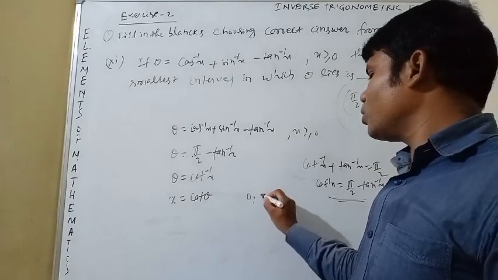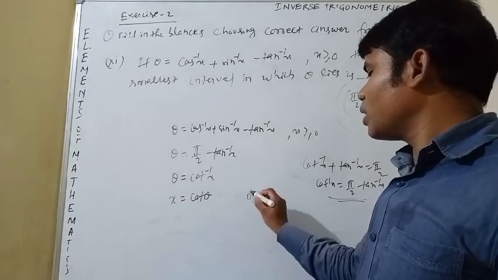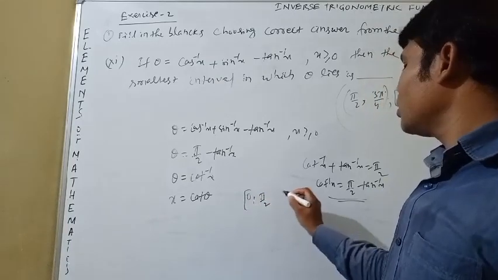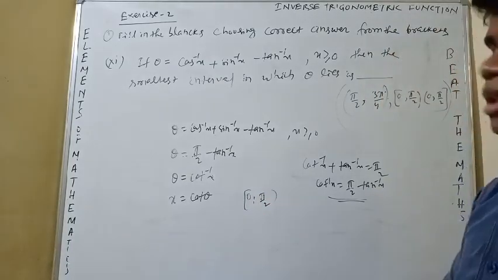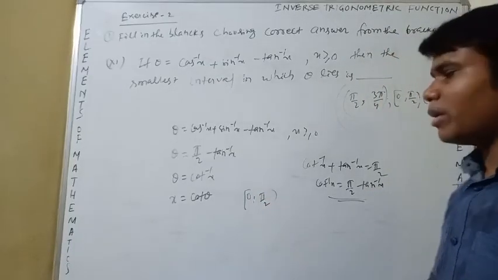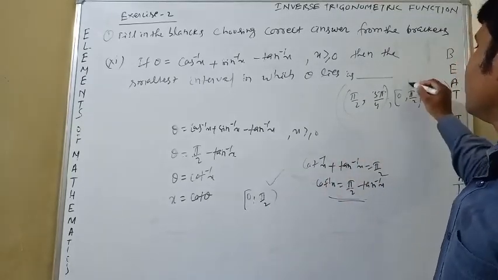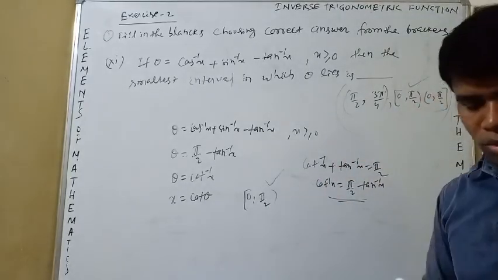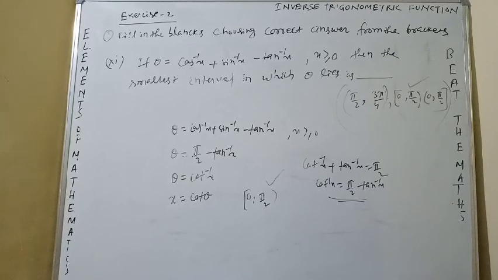So the correct option is 0 to pi by 2. Pause the video, note it down. You see the next question is